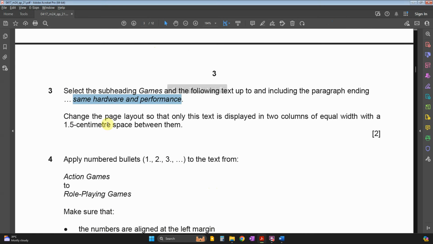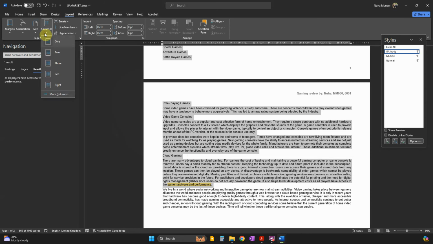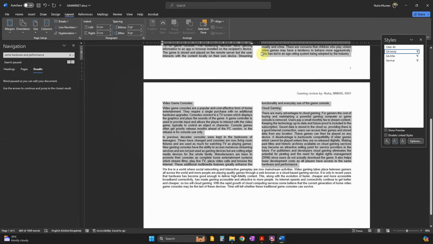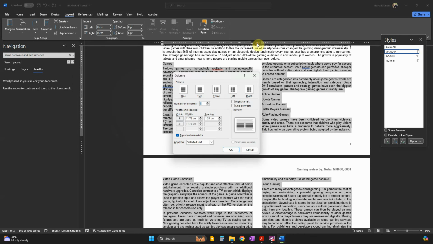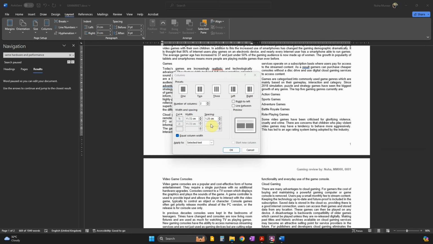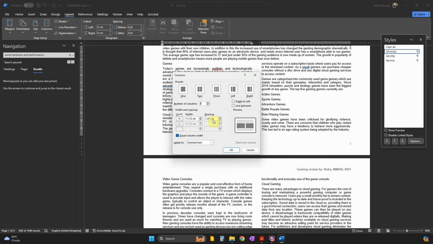So what we need to do, change the page layout so that only this text is displayed into 2 columns of equal width with a 1.5 centimeter space between them. So first highlight it, then go to the layout, columns, select 2. After that, you can see there is a space between those 2 columns. Double click over here and you will find you have 2 columns and the width of each column and the spacing. They said they want it equal with the spacing of 1.5 centimeter. So just go to 1.5